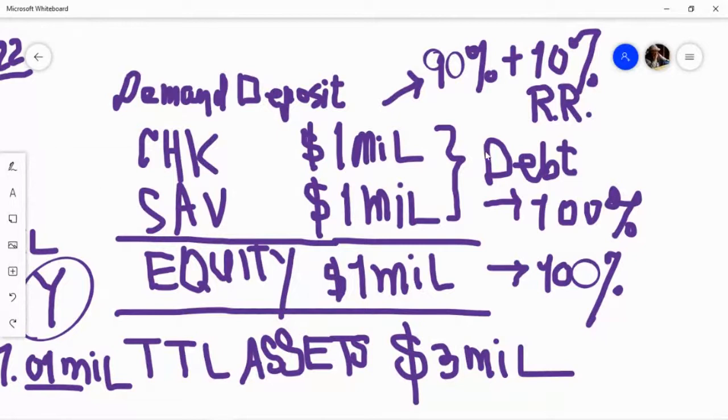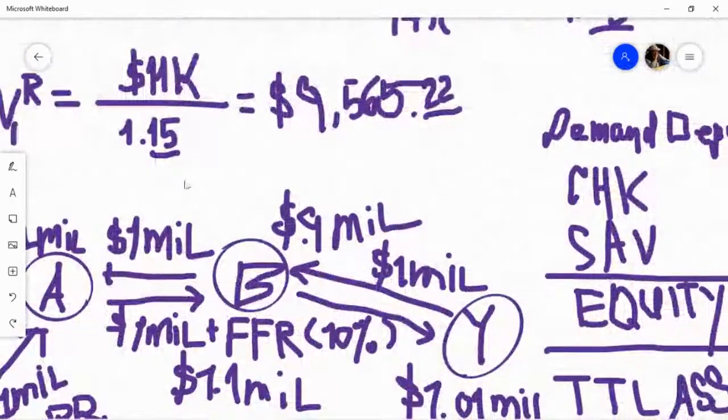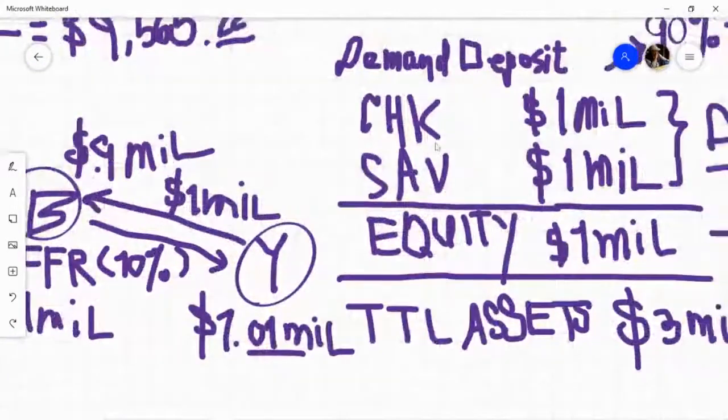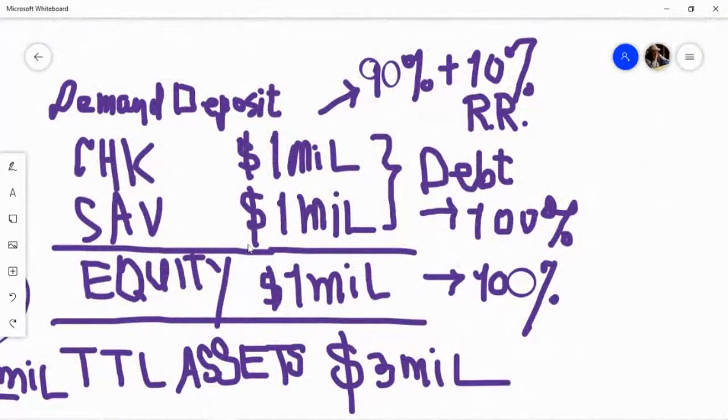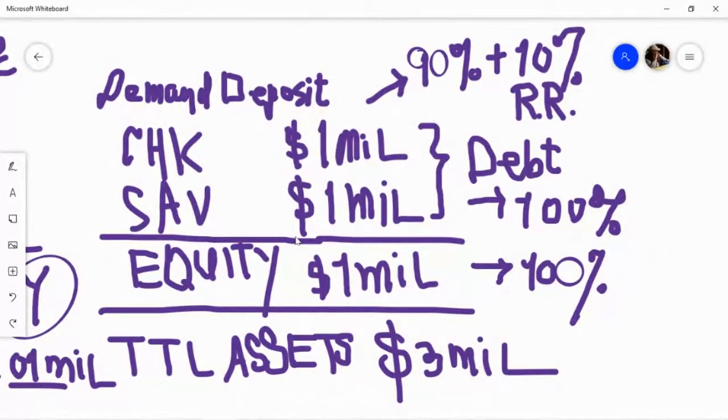So if the reserve requirement is 10%, that means at least $100,000 every day after the bank closes, at least $100,000 must be retained within the bank. But sometimes they can't meet it. Then what do they do? They will have to borrow from another bank. So how do they borrow? They go into the Fed funds market, right? Federal funds market, which, I told you, is just an online exchange, an online venue, right? So you look up other banks that are willing to lend,